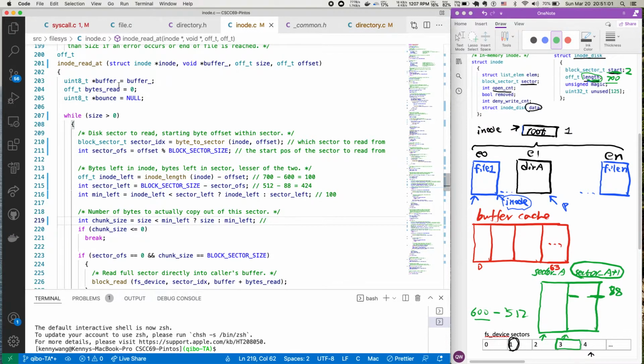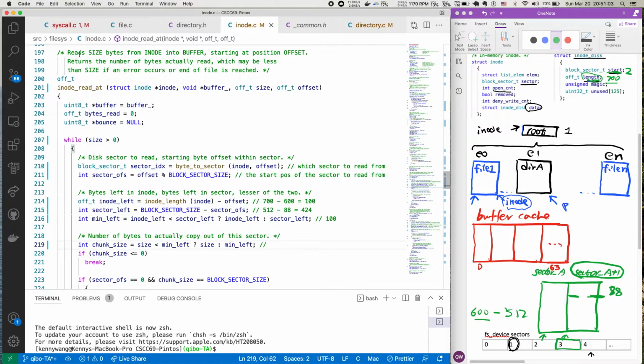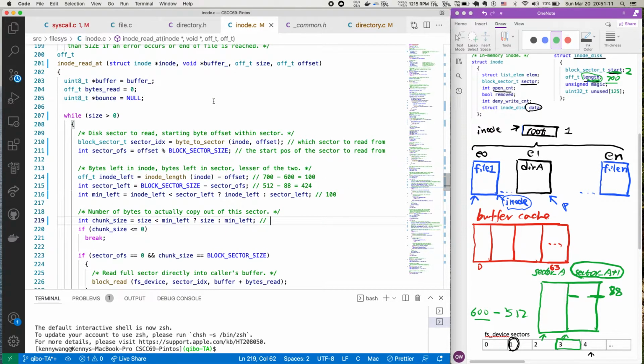And then the size is how much we read back from the inode into the buffer, starting at position offset. Number of bytes. So here it's the number of bytes to actually read from this sector, right? Why? Because